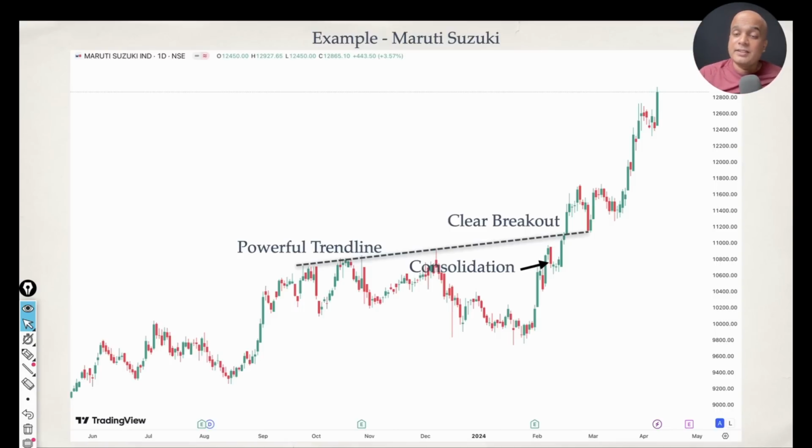Now price has gone up, and it came back exactly to the resistance line. It exactly took support at the resistance line. It formed a kind of bullish harami pattern, and then it moved upside, right? So this is a very simple example in Maruti Suzuki. This is a daily chart, friends. Now this is your entry point. The bullish harami is your entry point.